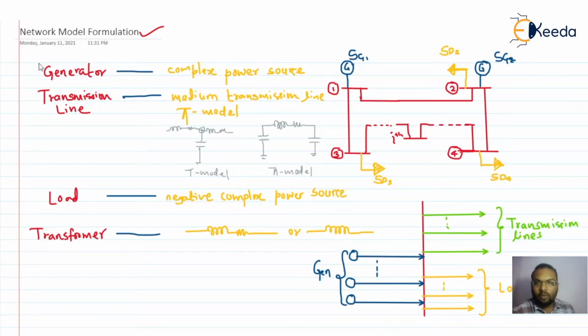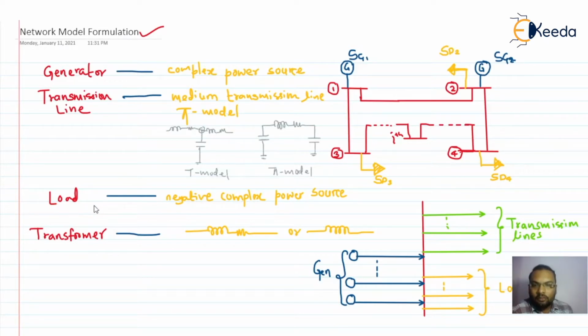So these are the four important equipments of the power system, and how we are going to represent them in the network for the load flow study is in front of you now. Generator, complex power source. Transmission line should be modeled as pi model only. The other models we can consider as and when needed. Suppose you are going for a load flow study on a long transmission line, there of course you can go for the other models as well.